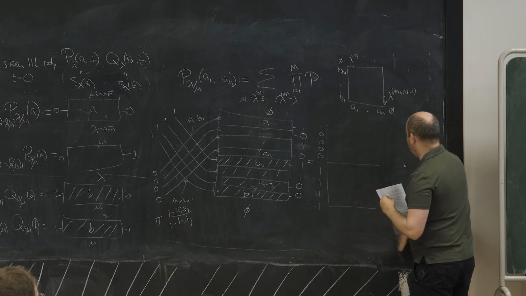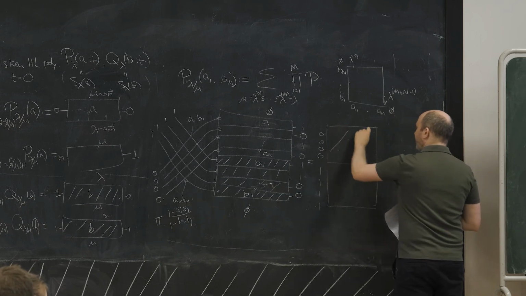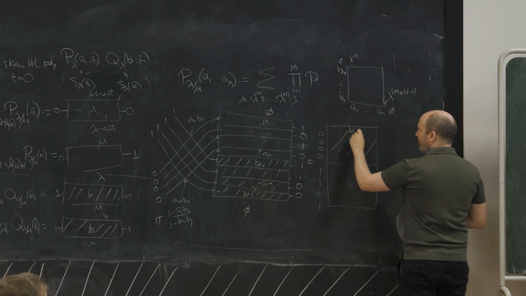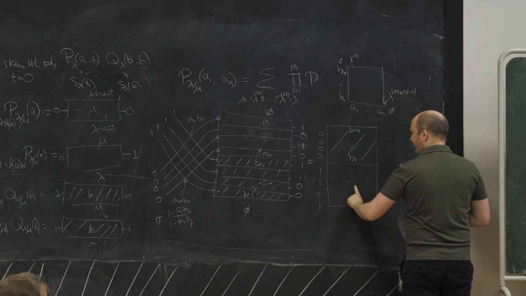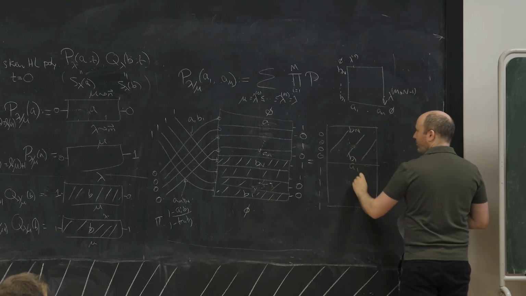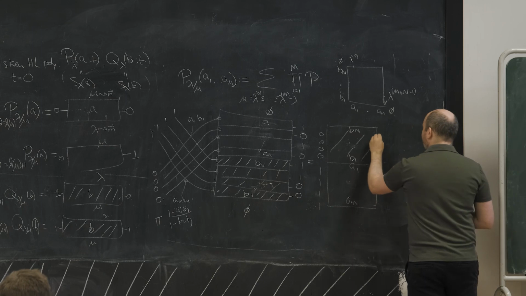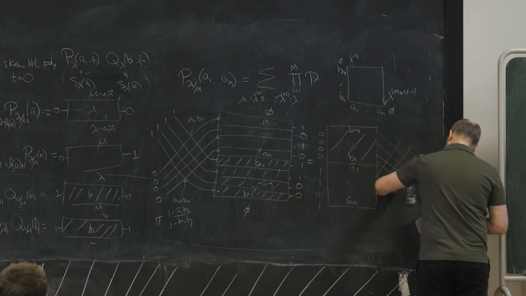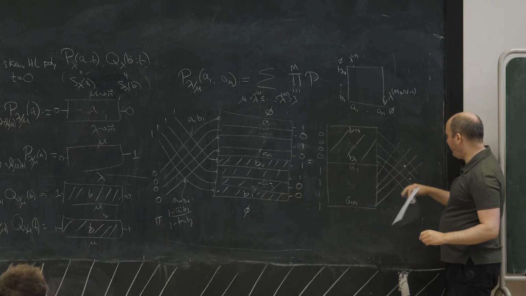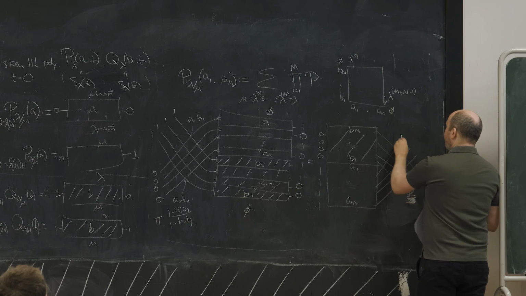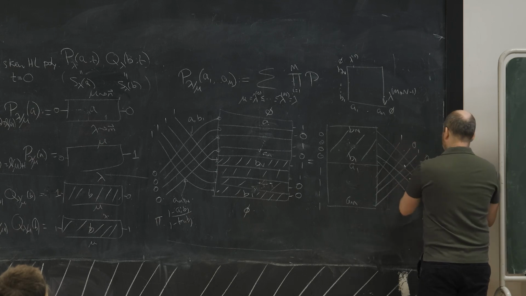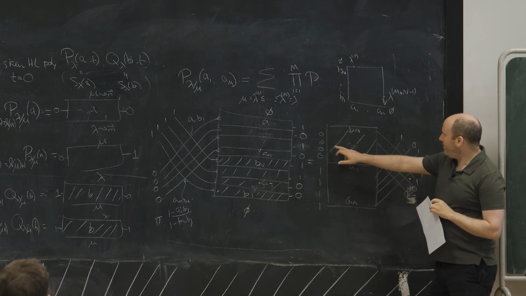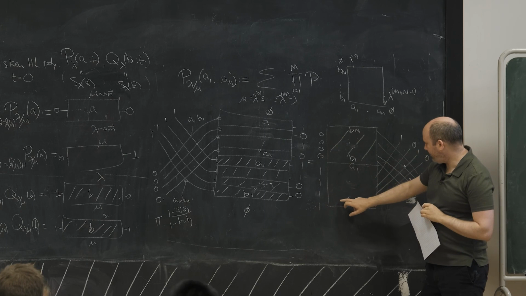And let me draw this a little smaller. I have my B's up here, and my A's down here. So this is Bn to B1, and then this is A1 to Am. And then over here I actually have a 6-vertex model with 4 incoming and 4 outgoing arrows, and then the same sequence of 1s and 0s around the boundary. But you see, the B's, oh, sorry, the A's,